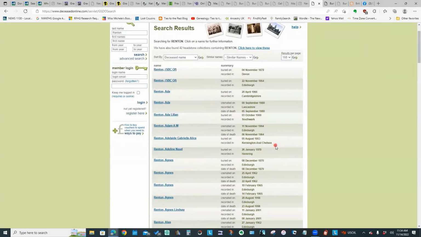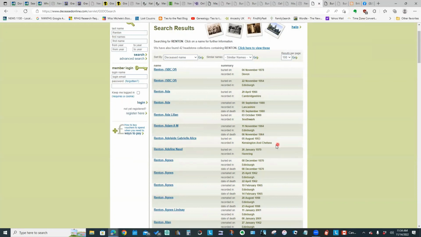So especially for my London-based ancestors, trying to figure out which of the many cemeteries they might be in, this is helpful in that it at least will tell me that someone of that name was buried on that date in Kensington and Chelsea.